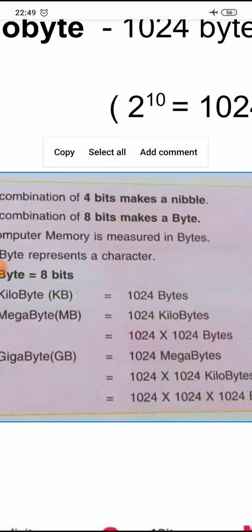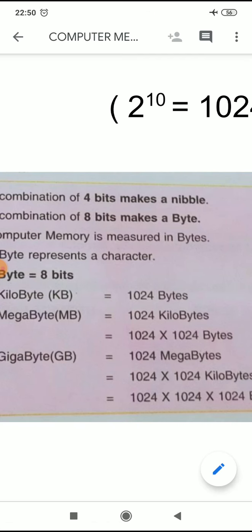Next measuring unit is gigabyte, GB. It is 1024 megabytes. Generally, we take a plan in the form of data plans. How do we decide a plan? On the basis of GBs. Suppose I have taken a plan for 2 GB data daily, or 3 GB data daily, or 1.5, depending upon my requirement, how much data I can consume in a day. So all this is measured in the form of GB.